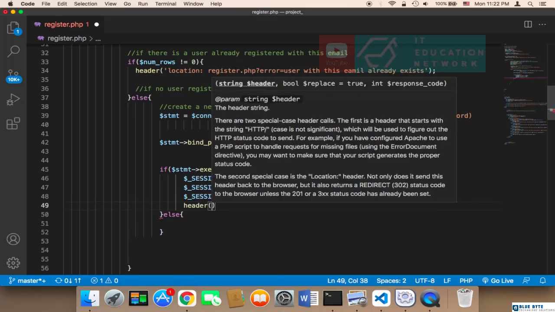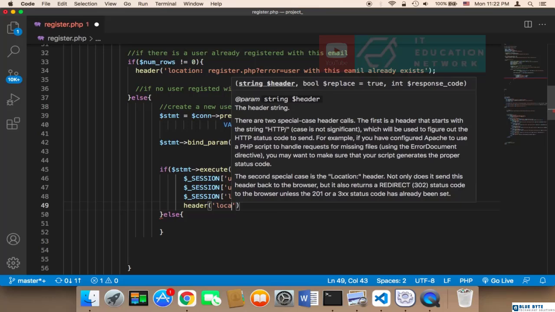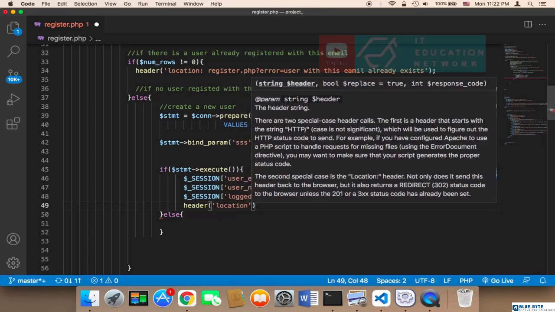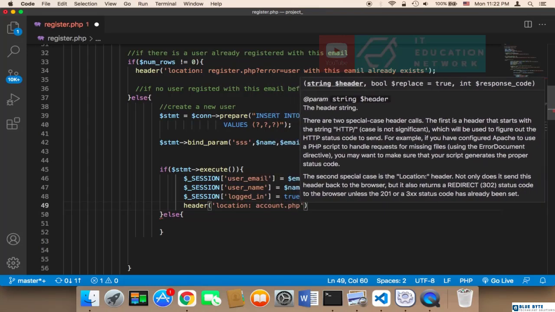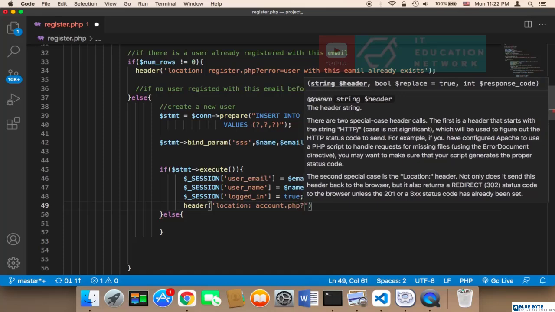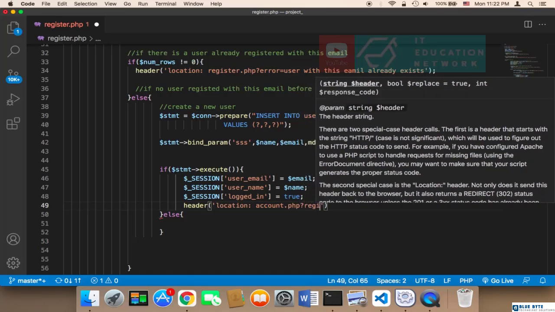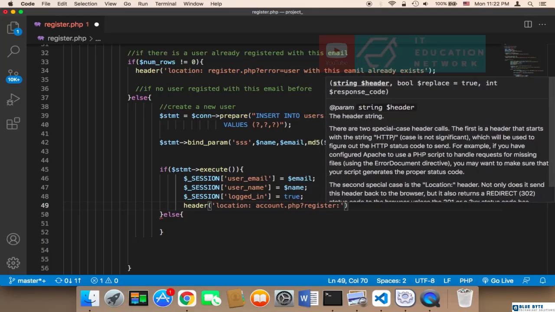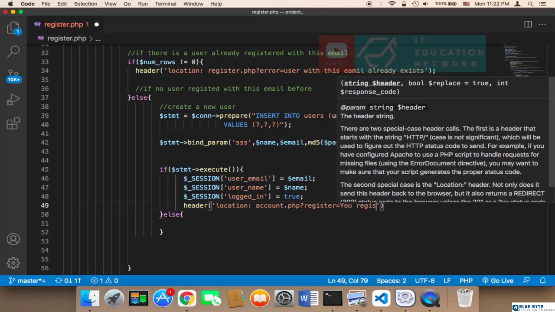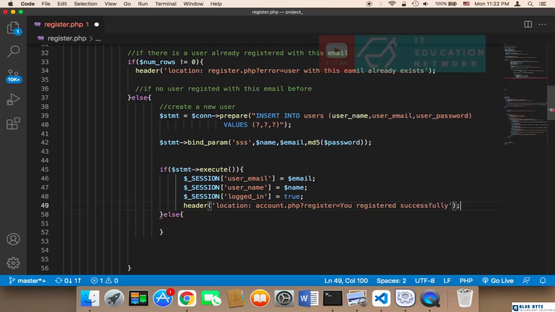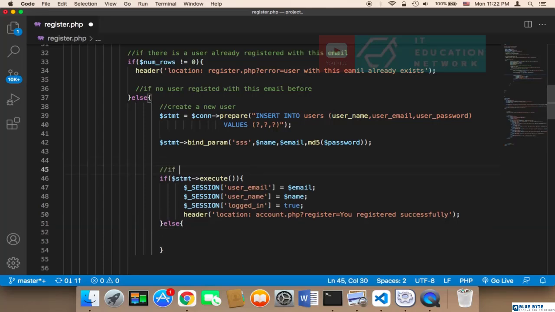I'm going to say header and then location, and then account.php, and I'm going to say here register is equal to you registered successfully. That's it. Else if here, if the account was created successfully,